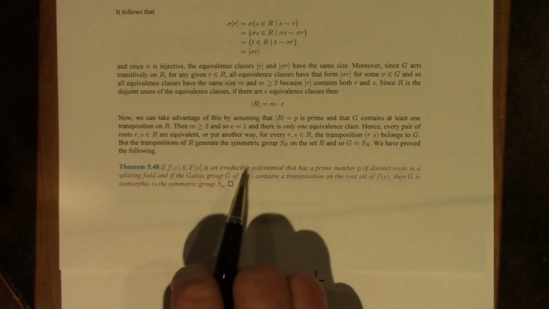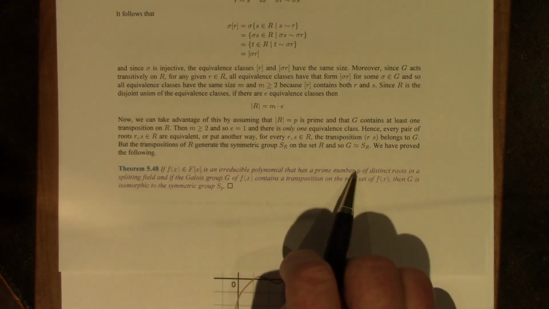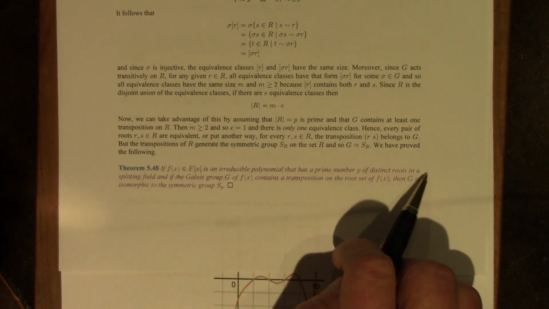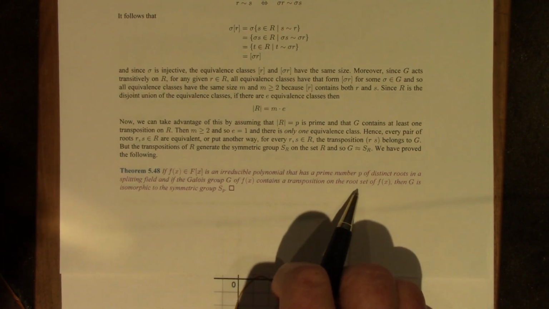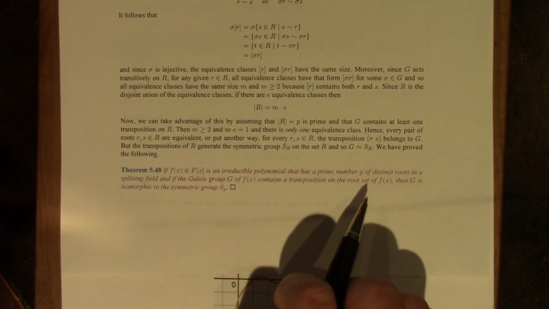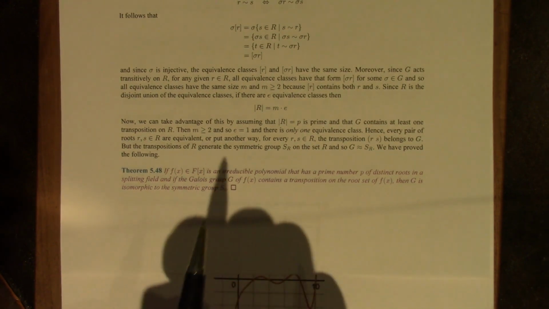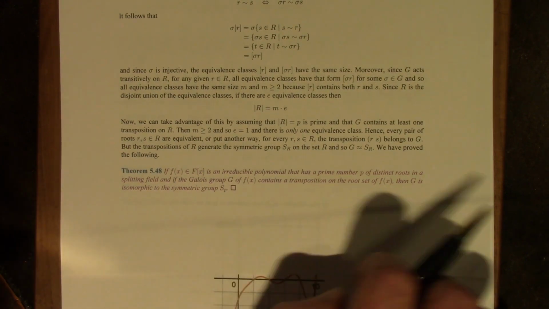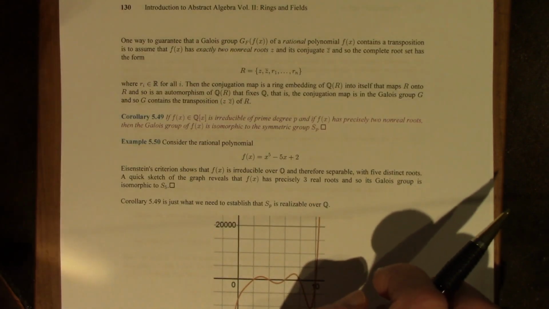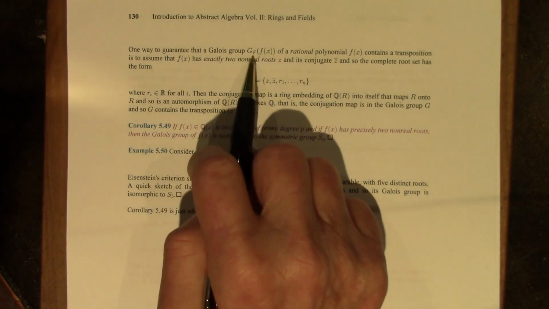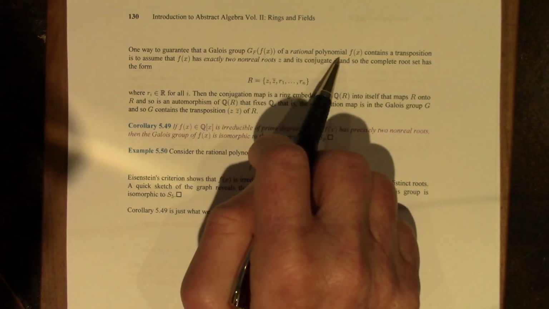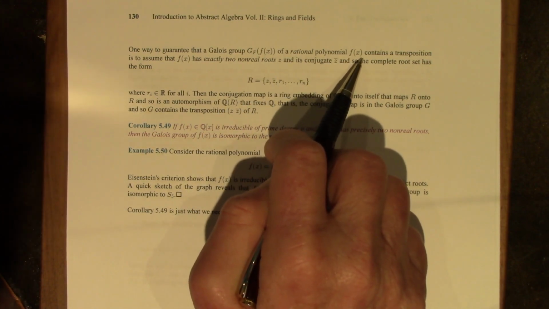Theorem: if f(x) is an irreducible polynomial with a prime number of distinct roots in a splitting field, and if the Galois group of f contains a transposition on the root set, then G is isomorphic to the symmetric group S_p. That's a lot of ifs, maybe, but one way to guarantee that a Galois group of a rational polynomial f(x) contains a transposition